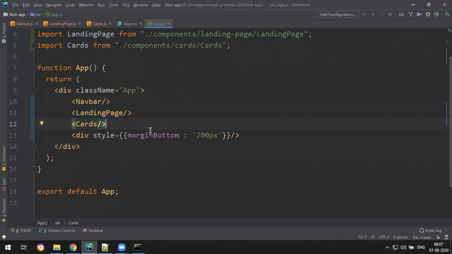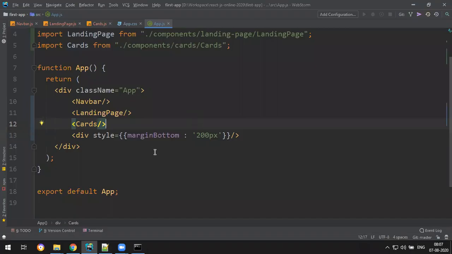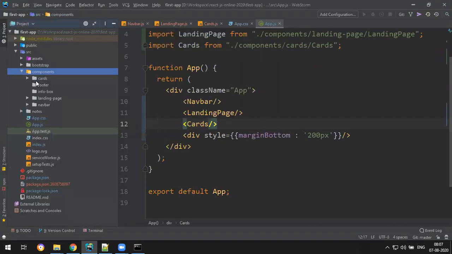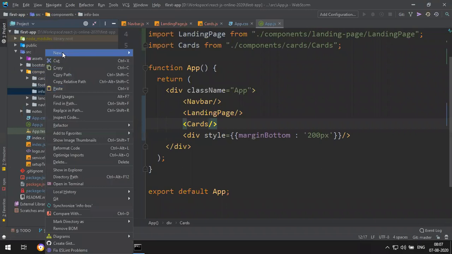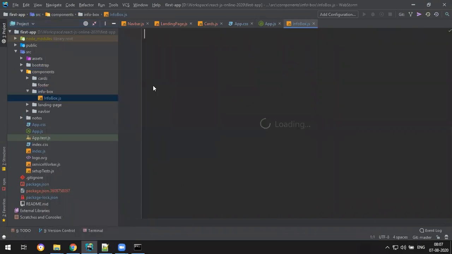Okay, so next, after cards, what should be there? After cards, I want some information box, some information about it. So again, one more component, info box folder, new JavaScript file, information box. Okay, so let's say import React and the fragments.